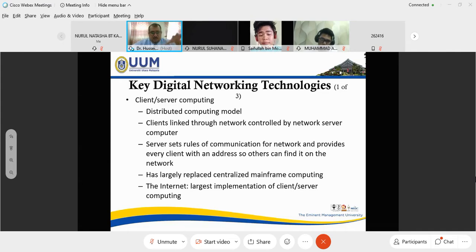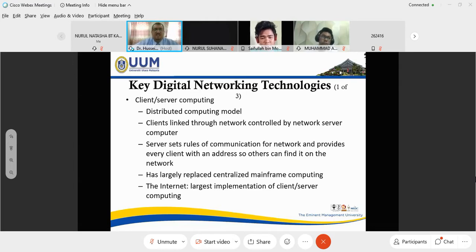The client computers give part of the mission to the server, so the server can do it for them. How do we connect to the internet? Through a server that can help us connect to the internet. So clients are linked through a network controlled by a network server.